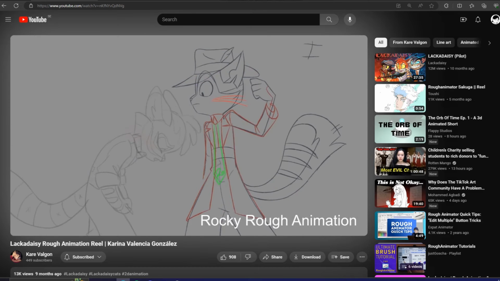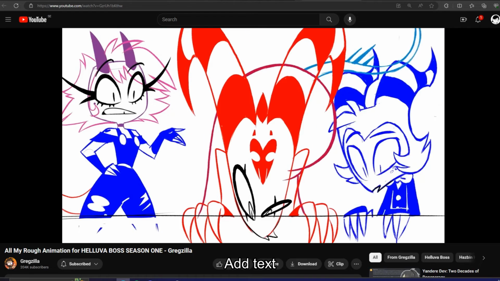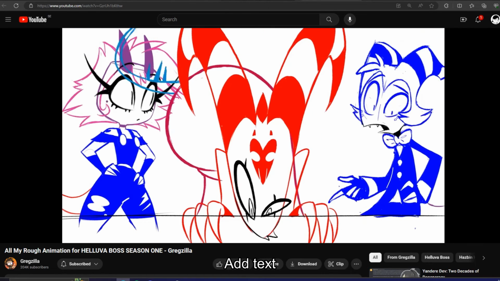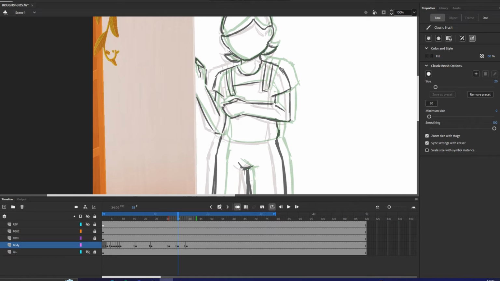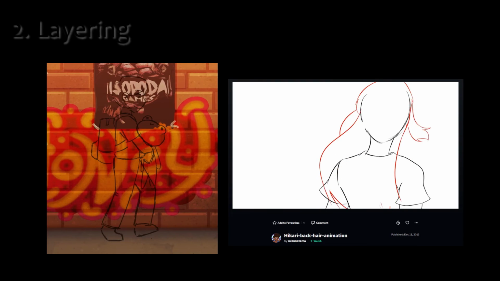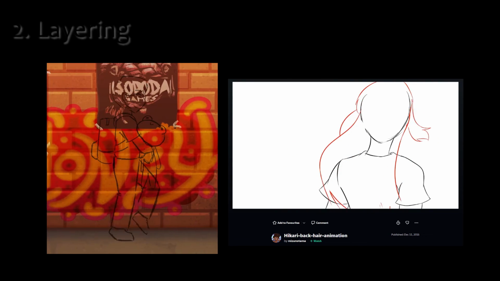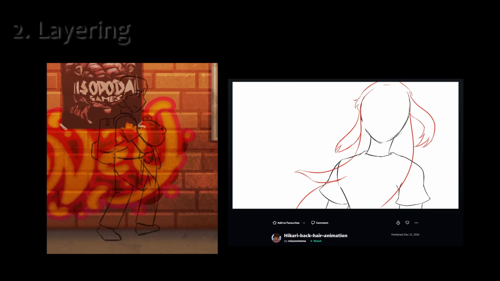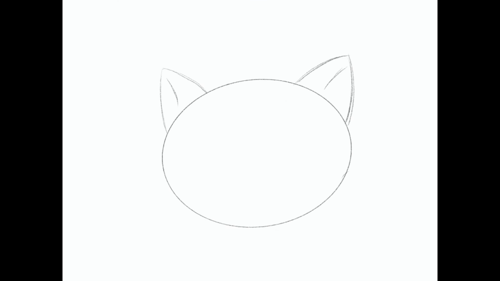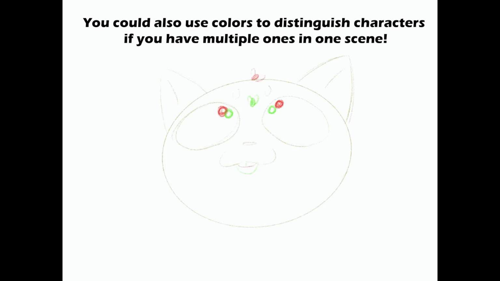Another thing one can think about also is, should I use different colors? Why are there different colors in some people's roughs? And this whole thing with different colors, from what I've seen, mostly it has to do with secondary action, like I mentioned in an earlier video. So if you have a walk cycle, you draw that out in, you know, gray, black, whatever. And then you have a flowy hairstyle moving along, and maybe it's just easier for you to draw that in red or green or whatever you want. You could still do it in black as well.